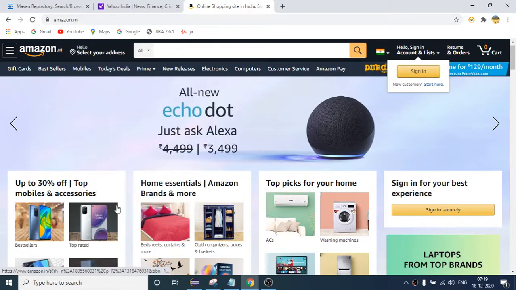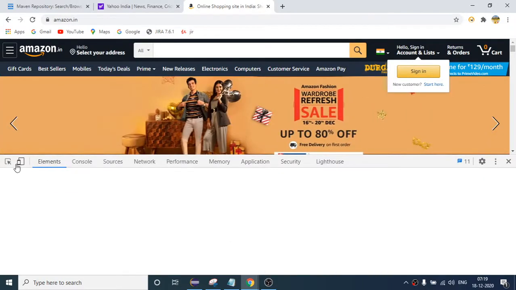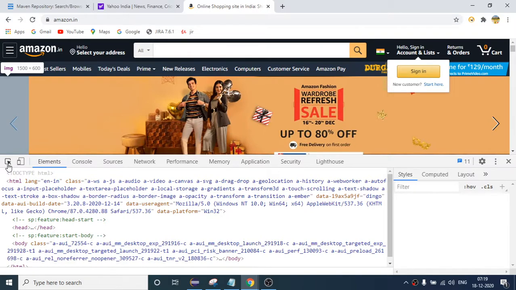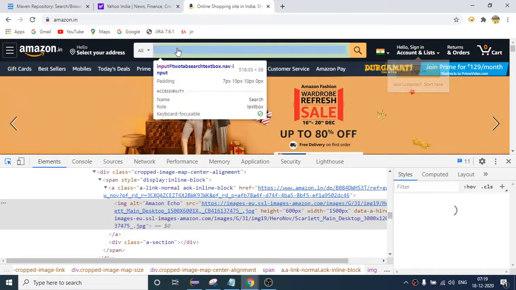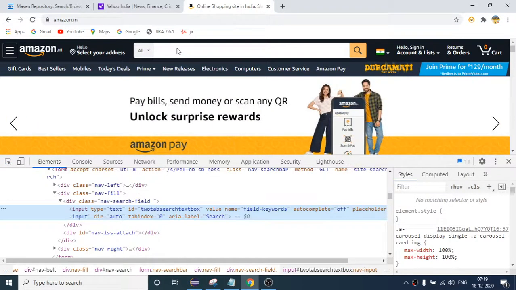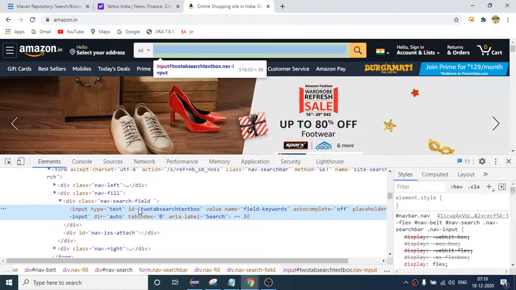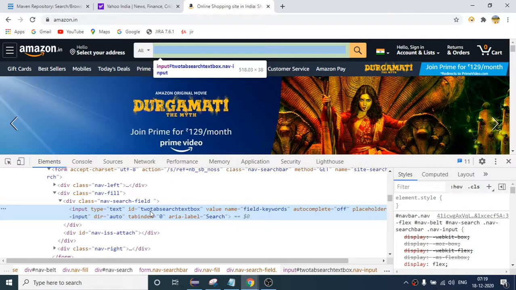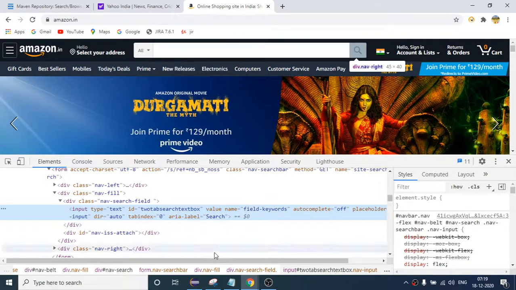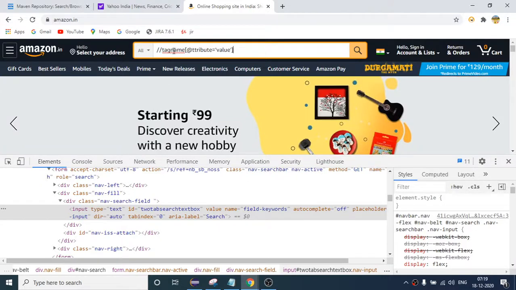If I right click, to see the HTML code, click this and then click on this box. So this is the HTML code. Here I will not use the ID locator, but let me show the relative XPath syntax.